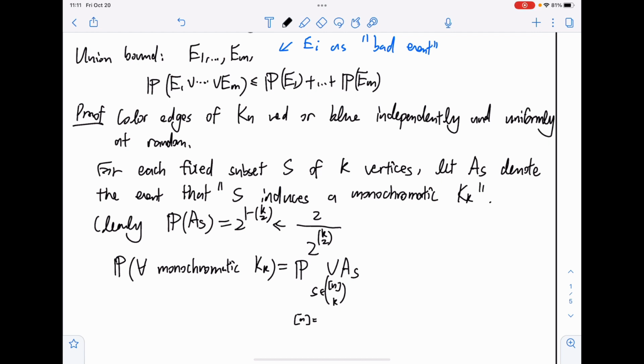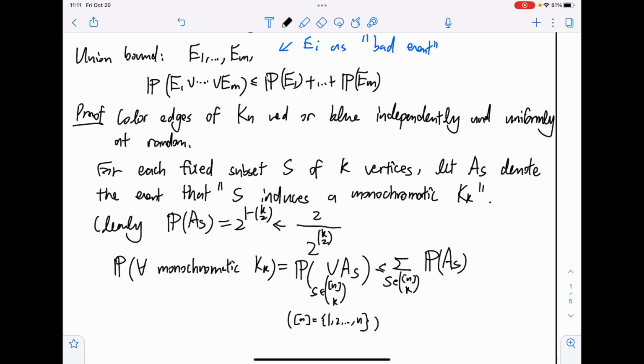Applying the union bound, this is less than or equal to the sum over all S with size k